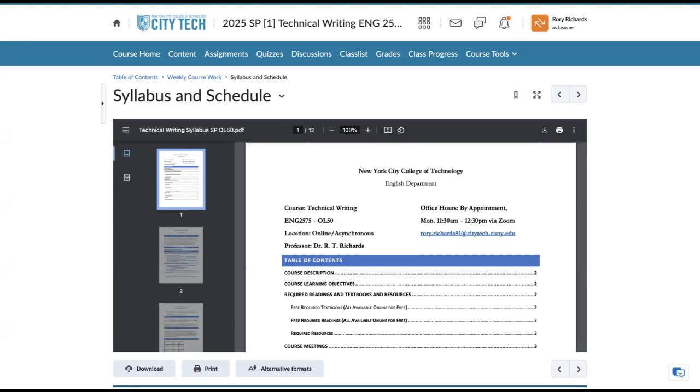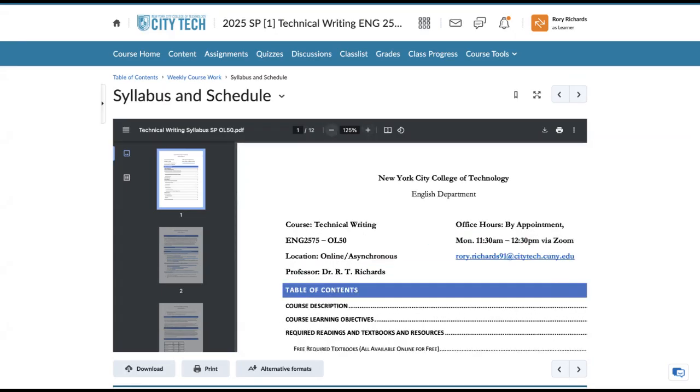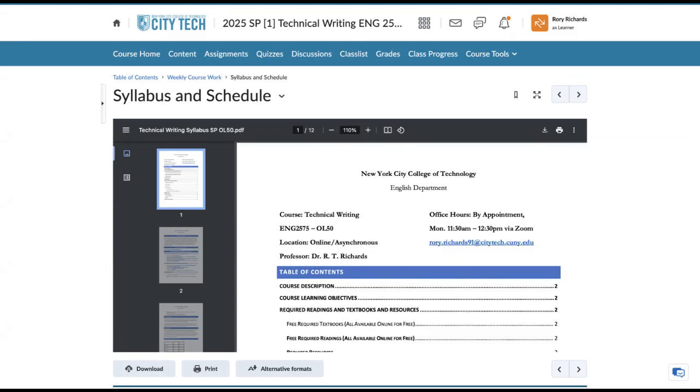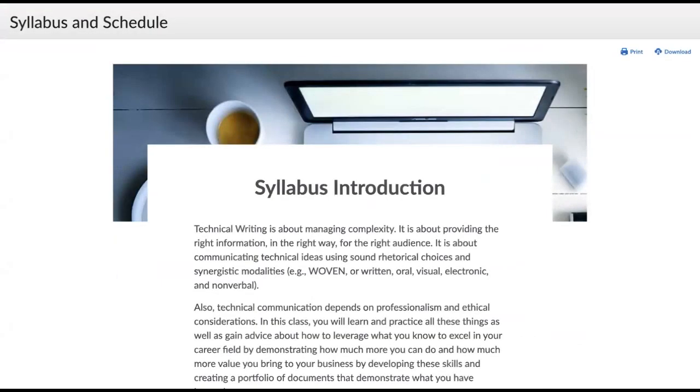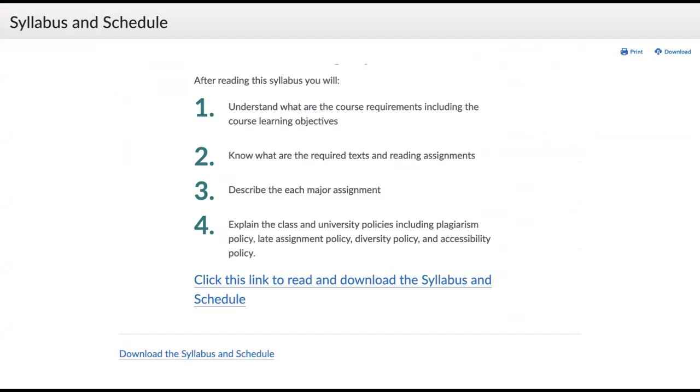And that's the screen of my syllabus and schedule. Now I can expand, I can enlarge in this screen, or I can expand the screen by clicking on the View Content in New Window button. If I click on that button, it opens up the screen in a new window, and all I have